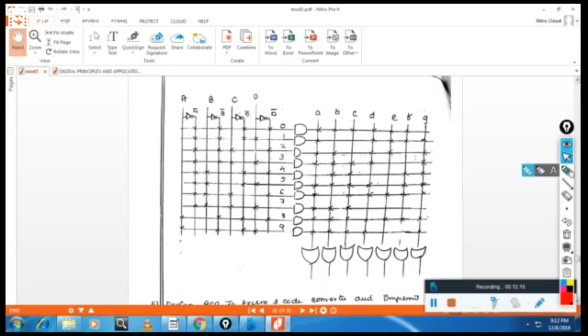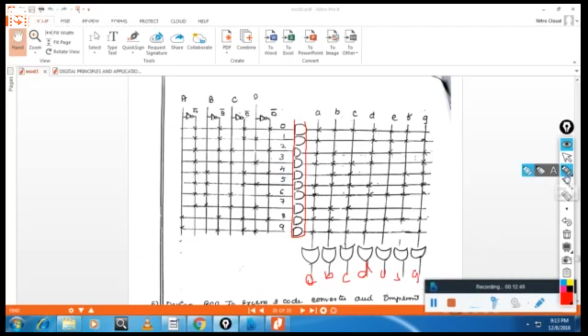This is the first combination. 0, 0, 0, 1. See here, 0, 0, 1, 0. Like this, all these combinations are connected to AND gates. Output: this is for segment A, this is for B, this is for C, this is for D, this is for E, this is for F, this is for G.